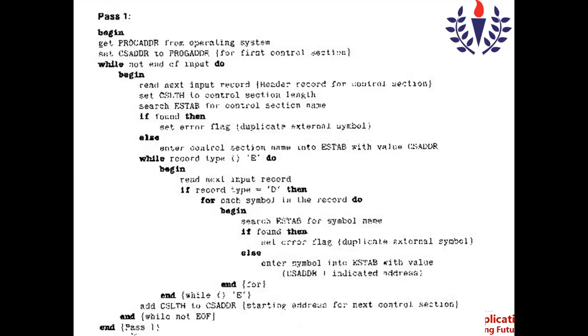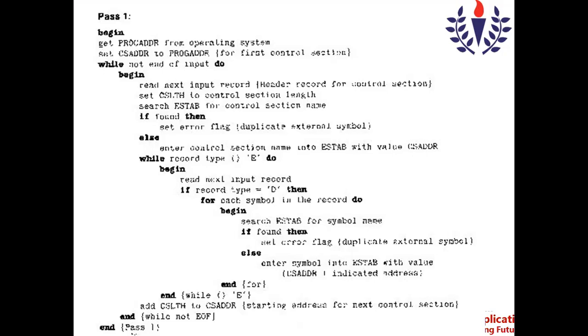That has to be added into the ESTAB, but whether the entry is already there or not needs to be checked. That is why we search the ESTAB for the control section name. If it is already available, then there is no point in adding the same thing.